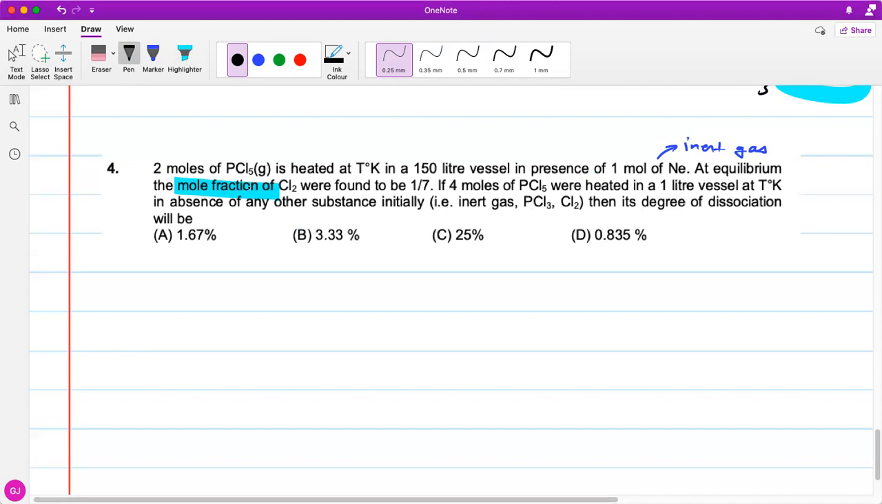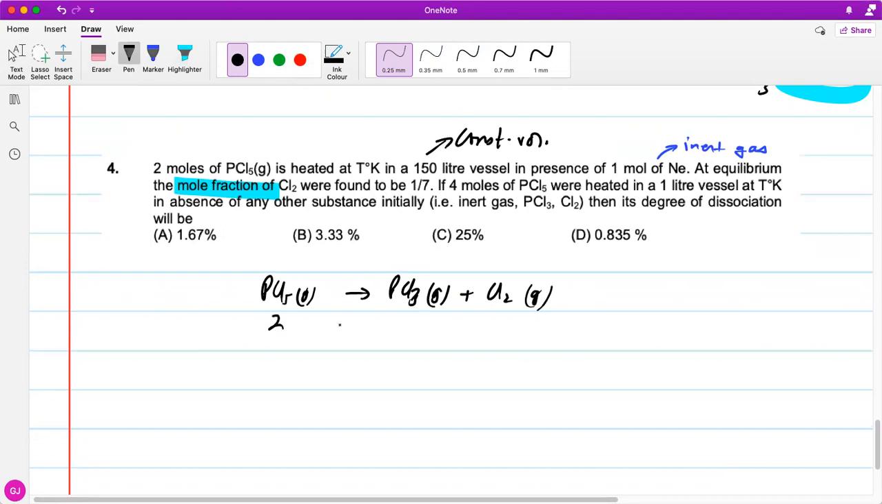Now, what it's saying is that PCl5 upon heating gives PCl3 plus Cl2, right? And it is present in a constant volume vessel, 150 liters का volume का vessel दिया हुआ है, 2 moles, nothing, right? This is your start. Then say some X moles dissociate, plus X, and at equilibrium, you have 2 minus X and